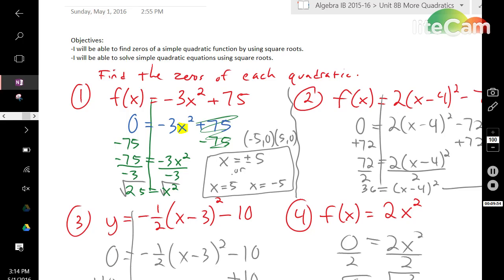So using square roots is a useful tool if you have a power of 2 in your equation. It is the exact inverse of square